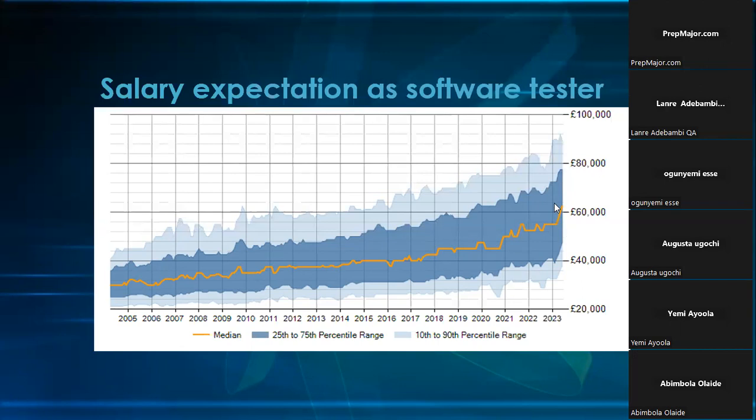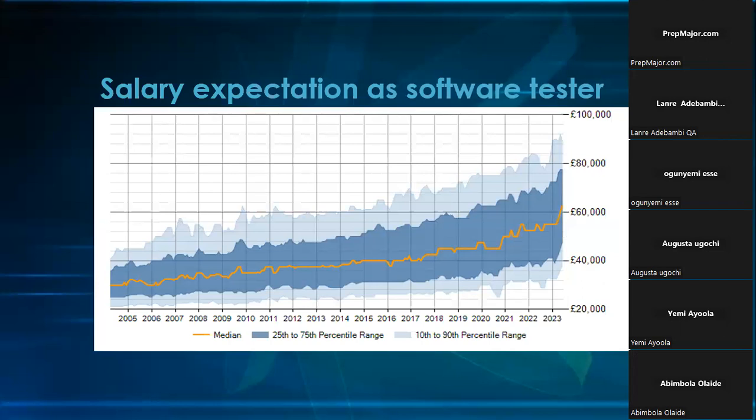So if you can set the salary expectation, what are you waiting for? I'm waiting to see all of you in this field. I'm waiting to work with every one of you. So hopefully, this will lead us to where we start our main